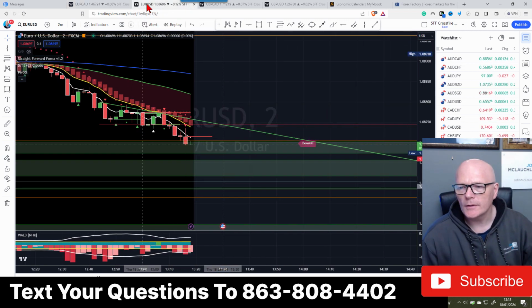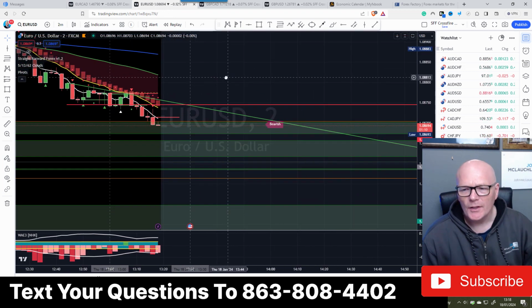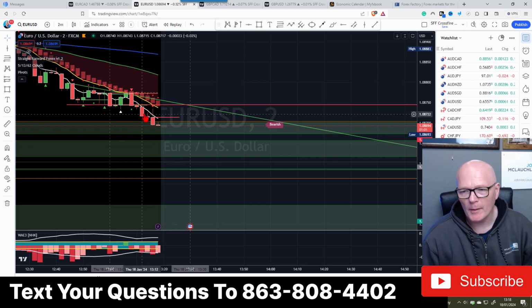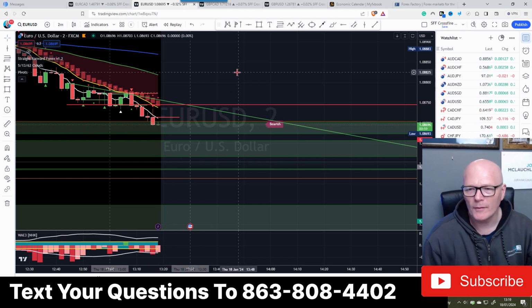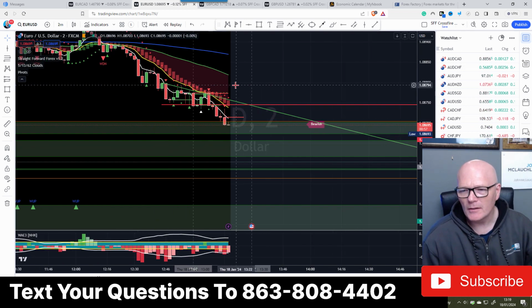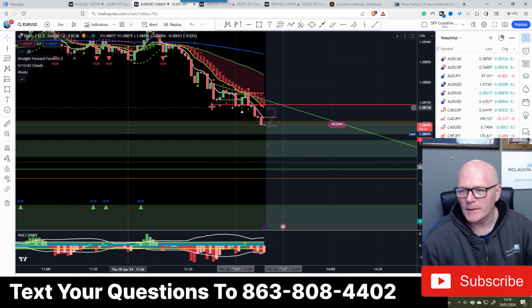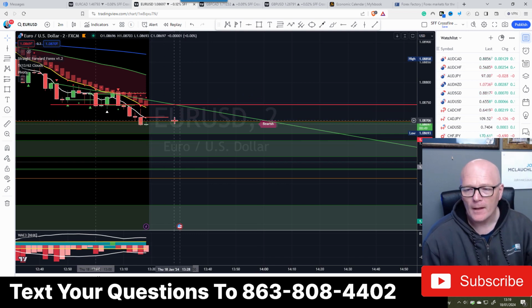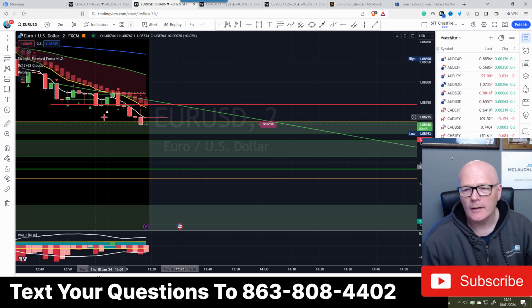Let's have a look to see what's going to happen there. That's Euro US, and again, I'm not going to get into anything until after the news. It may well come down nicely. We could make some profits with this, but there is also a lot of imbalance that needs to be taken out, but we're also currently at that pivot line, and the pivot line is currently in resistance for this